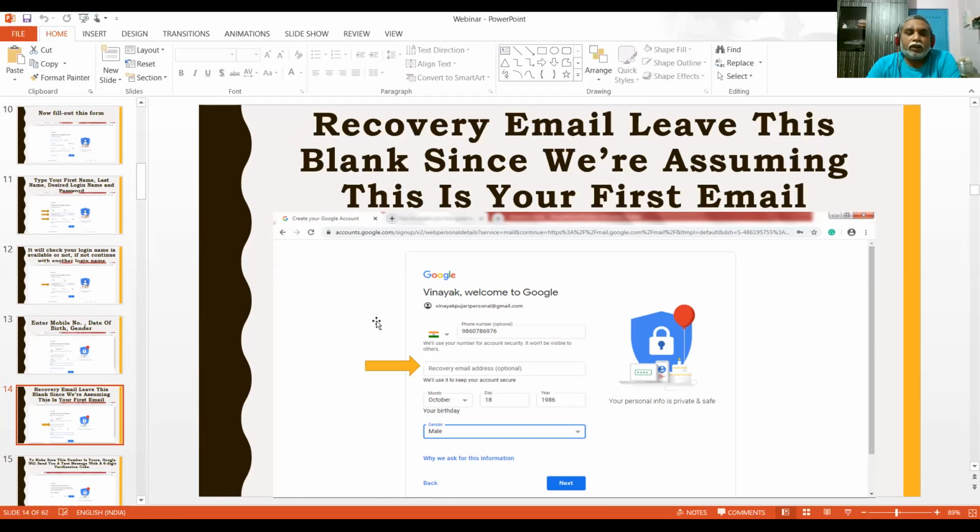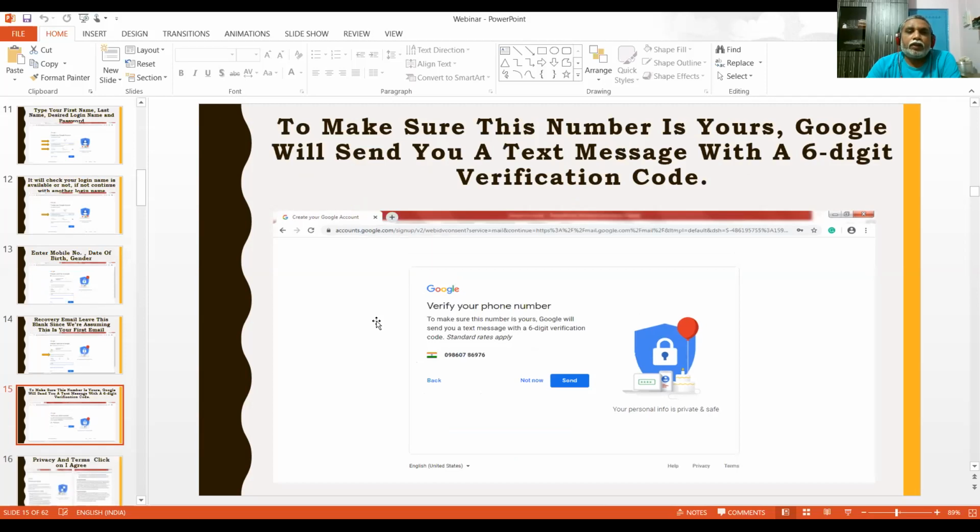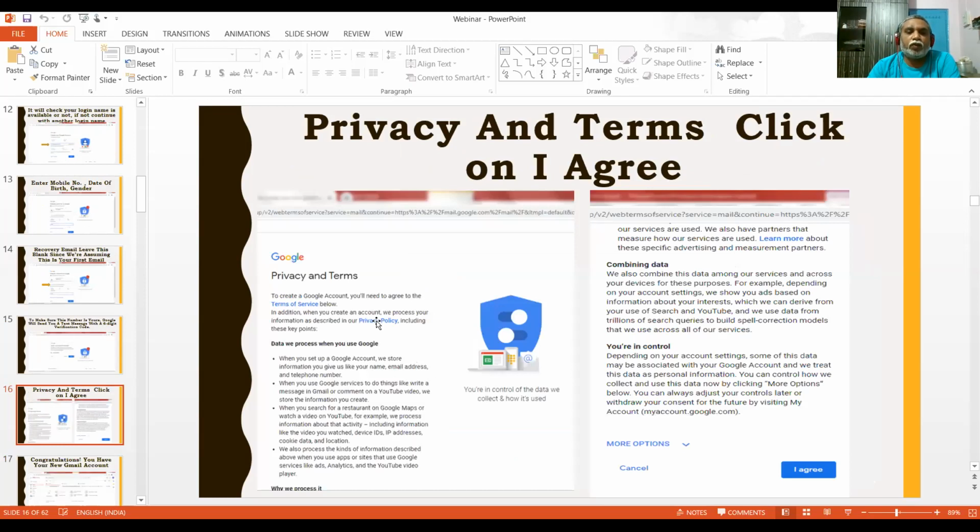So type another email ID of yours, or a nearby friend's email ID, to recover your password when you forget it. Then send the message: when you put in your mobile number, a message is sent when you click the send button. You receive one message on your mobile, called the password, OTP.